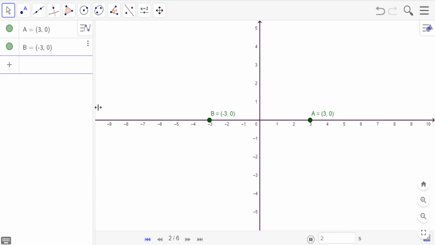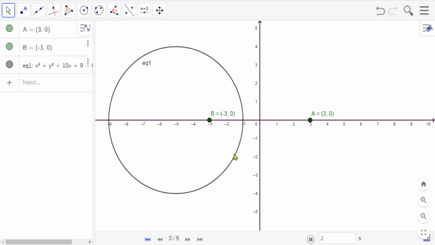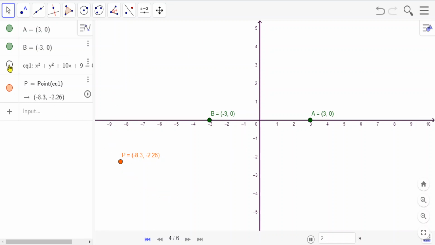So what we got is the circle equation, we have the locus already. So the circle equation is this one. On this circle I am taking a point P. Let us consider P is a point here. You can take not only here, of course you can take here also, arbitrary. This P is a locus of this equation, so you can take it anywhere on it. Next, we have to find the locus which satisfies the geometrical condition, that is PA. The length of PA is 11.52.